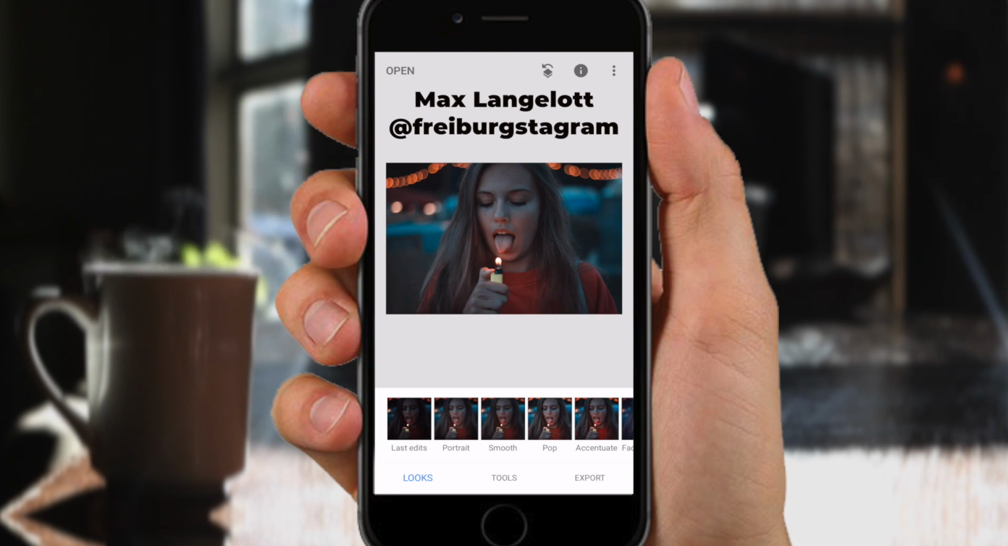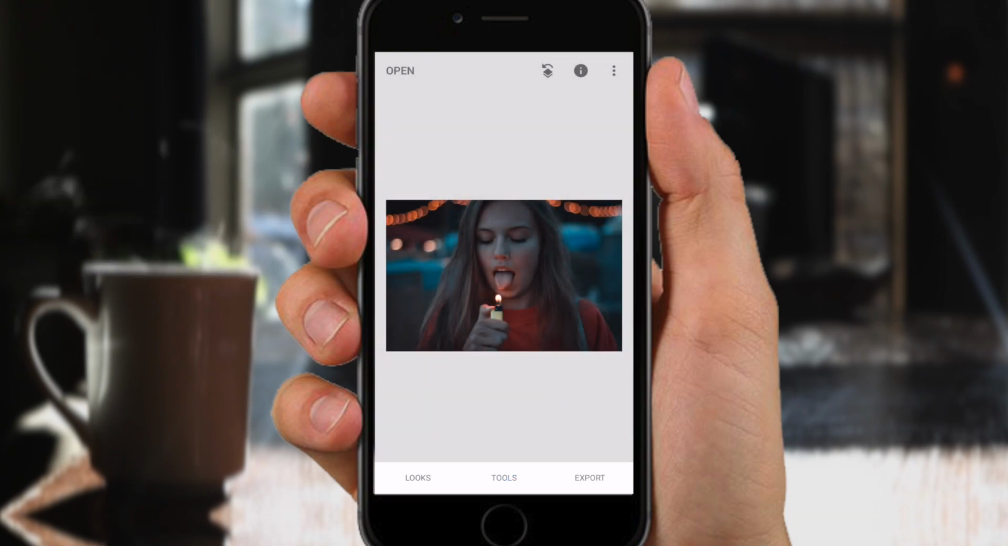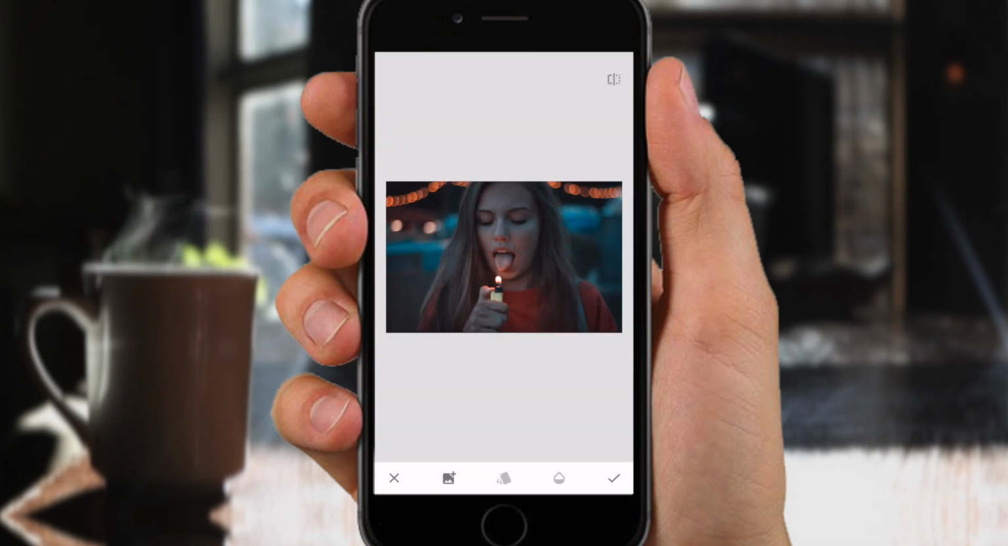Then the next thing you're going to want to do is hit the Tools button. Scroll to the bottom and hit double exposure. And now we want to import our overlay. So using double exposure, you can overlay snow, film grain, grunge textures. There's loads of stuff you can do with it. I'm going to overlay some bokeh, or you could do light leaks, but I'm going to use bokeh for this